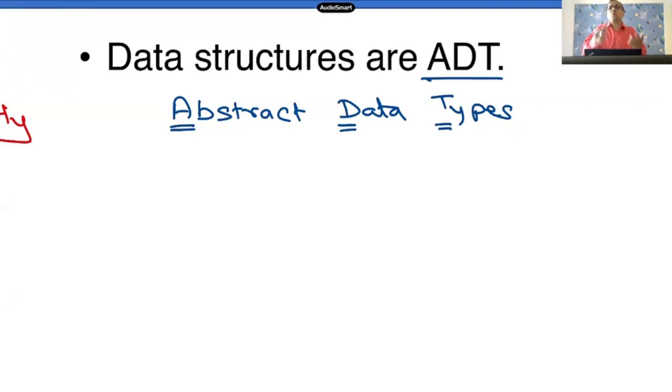When you talk about a watch, you do not bother what kind of machine or chip is used internally. It hardly matters. What I'm worrying about is how do I use that watch? How do I see the time? How do I change the time? These are the kind of things we focus on. Correct? So when it comes to external usage, or when it comes to using data structures,